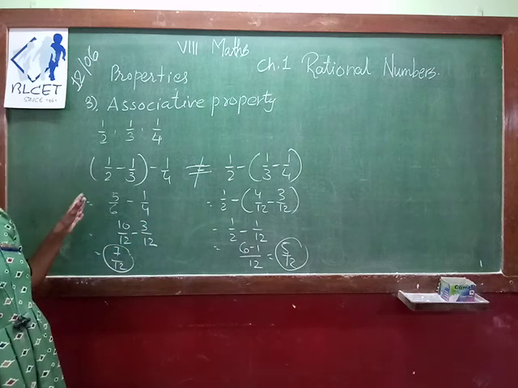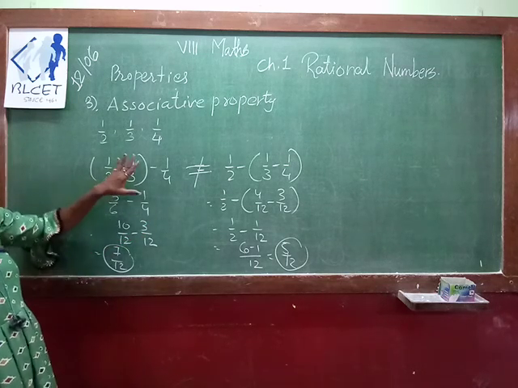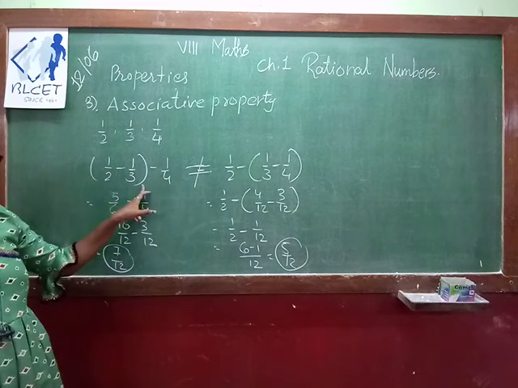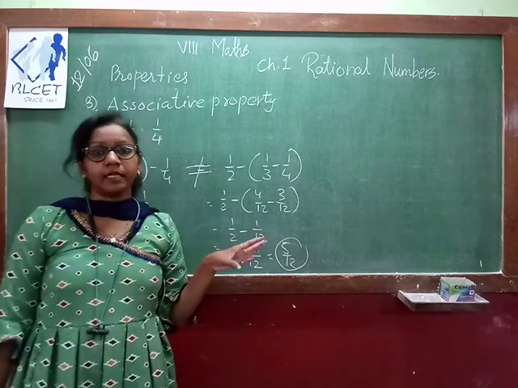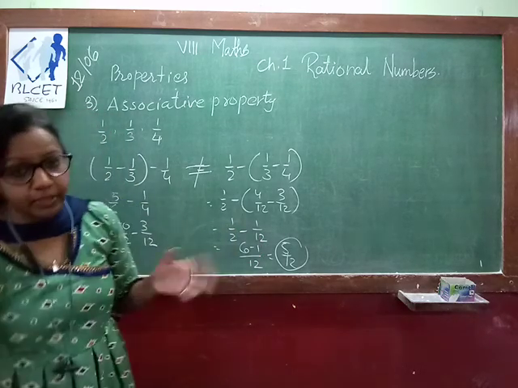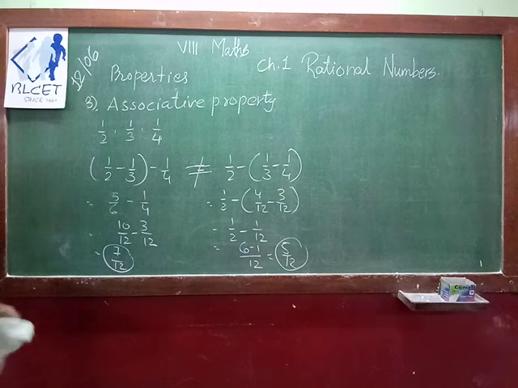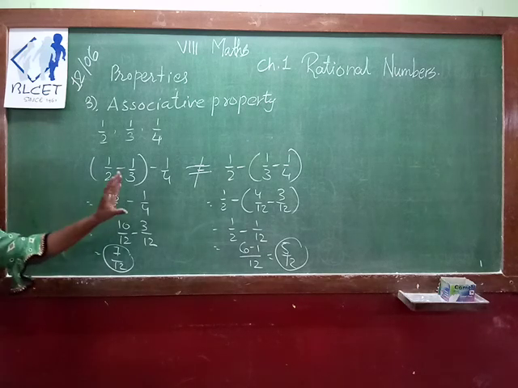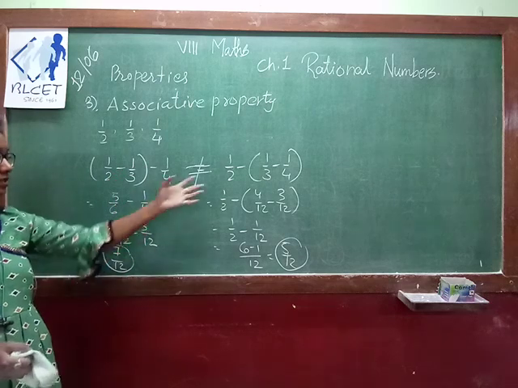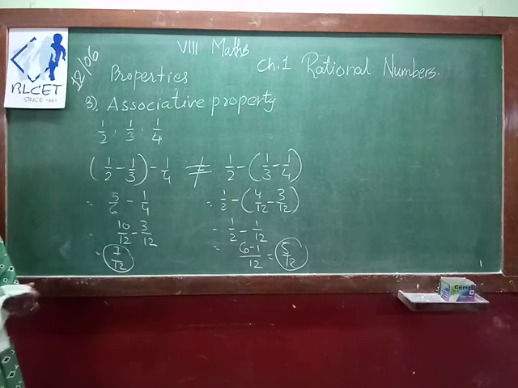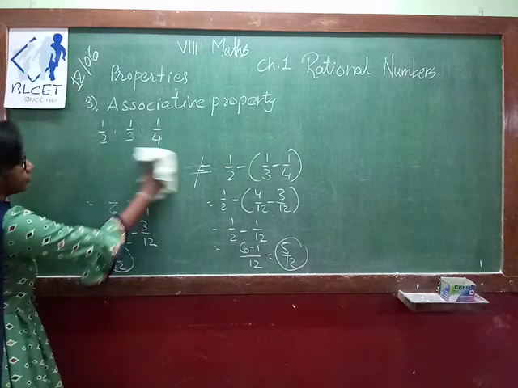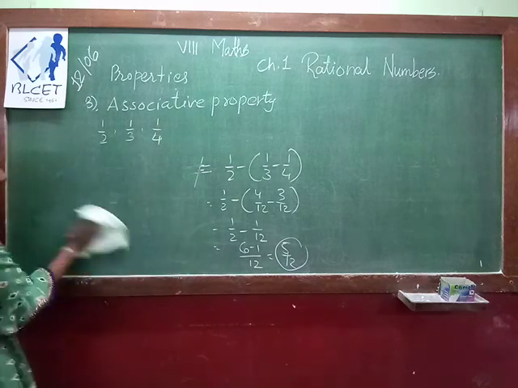Okay. So what can we say from this? It is a very simple example. How you can check that, I have also explained. Same questions are there in the exercise also, where we have to check whether the given rational numbers are associative under subtraction or not. The method is the same, whatever numbers you have, the method remains the same for each and every rational number. So you should keep in mind the method. Doesn't matter about the numbers. So for subtraction, it does not hold.